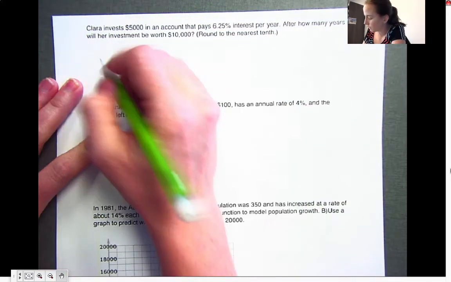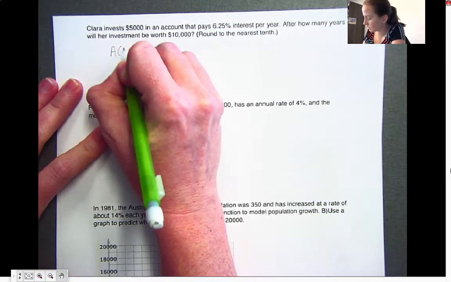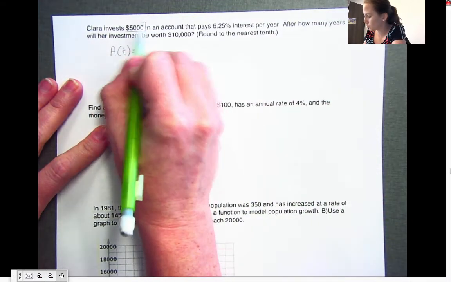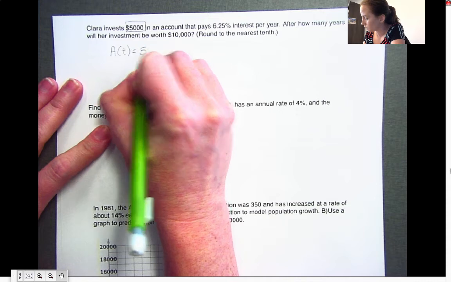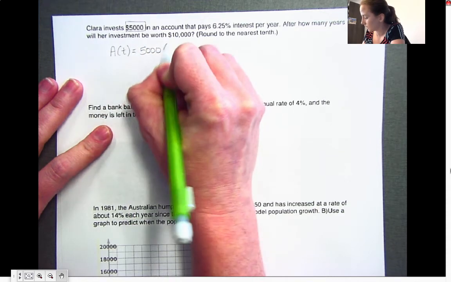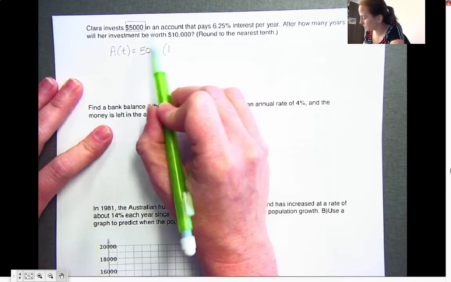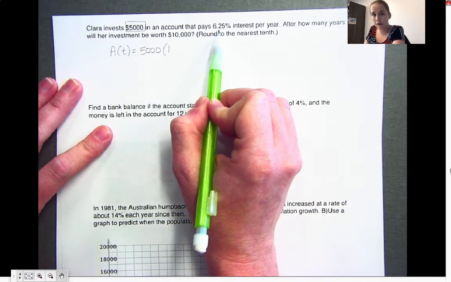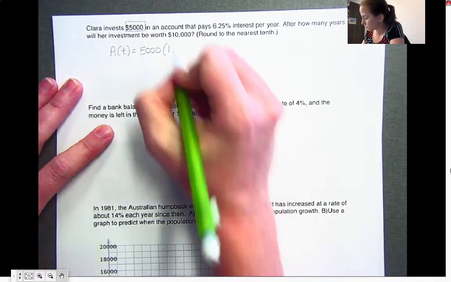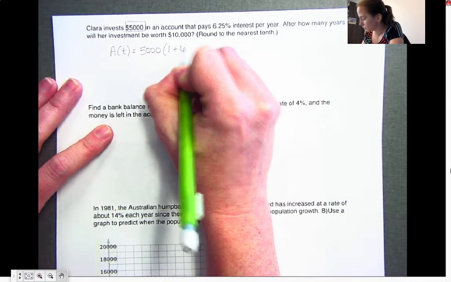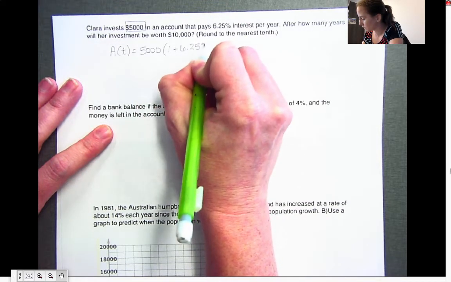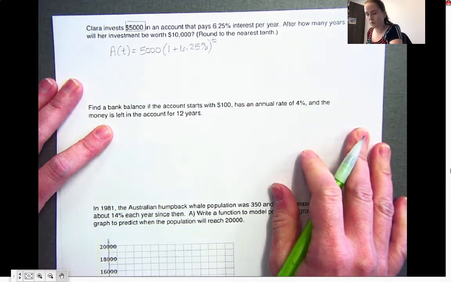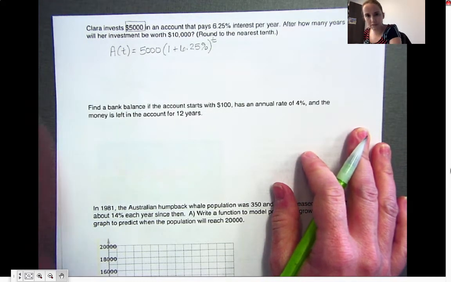So, her investment, we start out A of T. Her investment was $5,000. That's her starting, her initial amount. $5,000 times 1, well, it's an account paying her interest. She is earning money, so that's an increase. So 1 plus 6.25% raised to the t power. Okay, that is just your basic